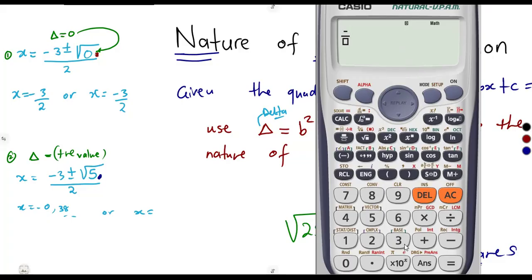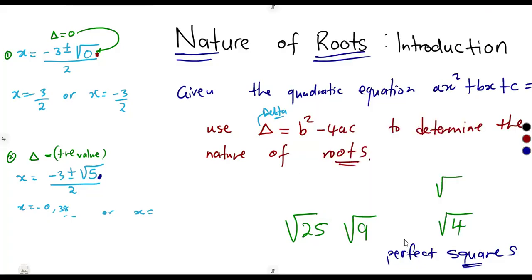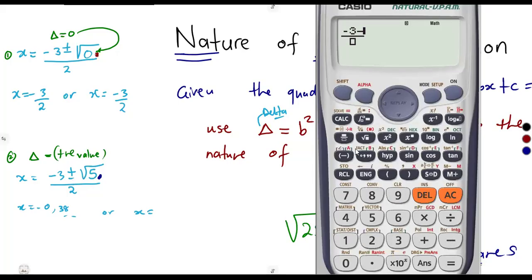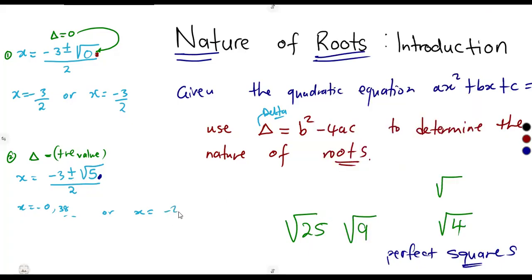That's minus 3. This time we put a minus, right? There's a minus there. So you're going to put a minus. That's minus the square root of 5 over 2. So this is it. As you can see, guys, you're going to have an answer which is also an irrational number, minus 2.62. Here's just rounding off, but it was an endless decimal, right? So what I want you to see is that the solutions that you're getting,